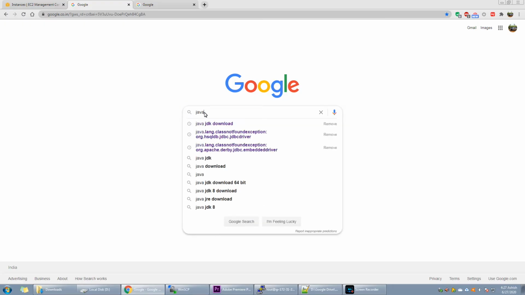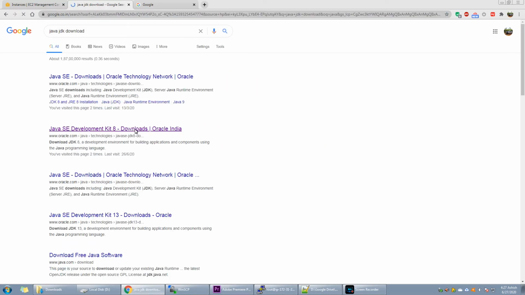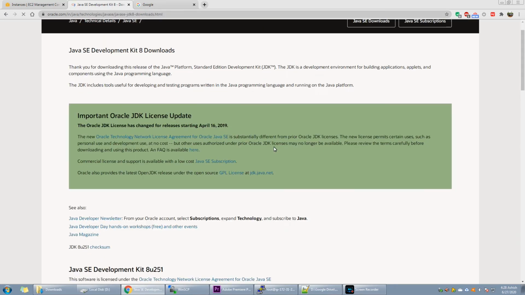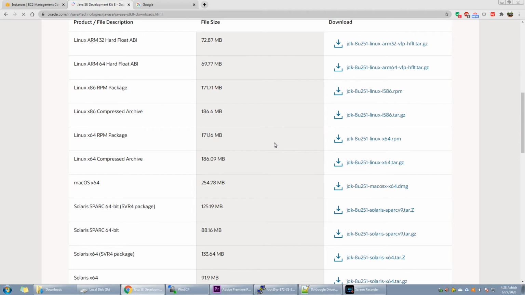Now we will download the Java JDK. Since our instance is 64-bit, we have to select the Linux 64-bit RPM package.